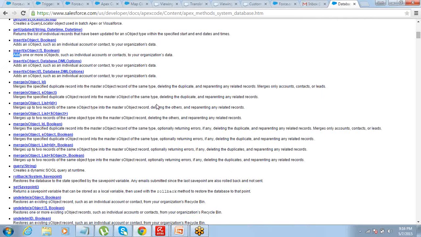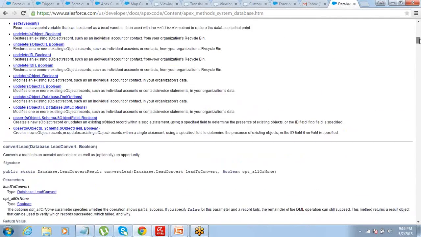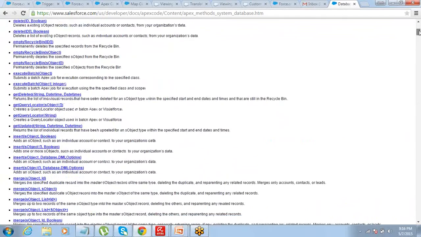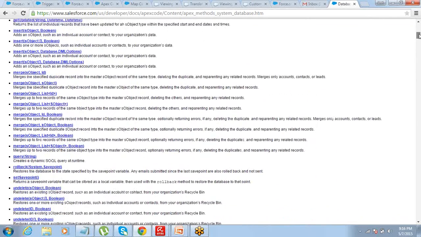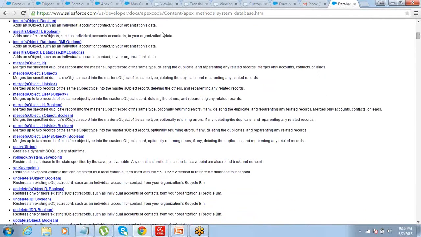But here we have so many of them. These are all custom defined things. Eventually you will learn how to use all of them. Like you see, there's an option for merging records. You can merge an sObject with the IDs: if you specify some other sObject and then you specify the ID, that can be merged into that ID.